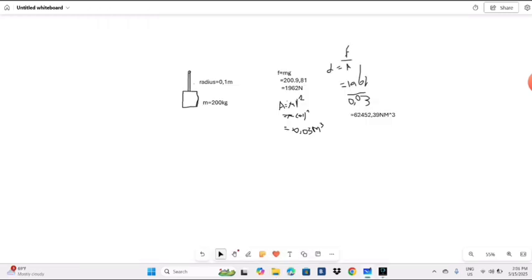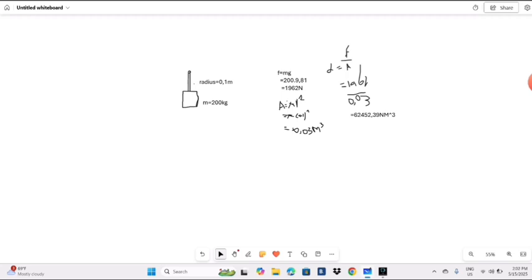To show you example number 2 of a stress, we'll be calculating for a square. In this situation, we're given that our radius is 0.1 meters for a cylinder. Then the mass of an object is 200 kg. Firstly, we have to calculate a force, and we know that force is equal to mg, and g is always constant, it is 9.81. Our m is 200, so we're going to multiply our mass by 9.81, which will give us